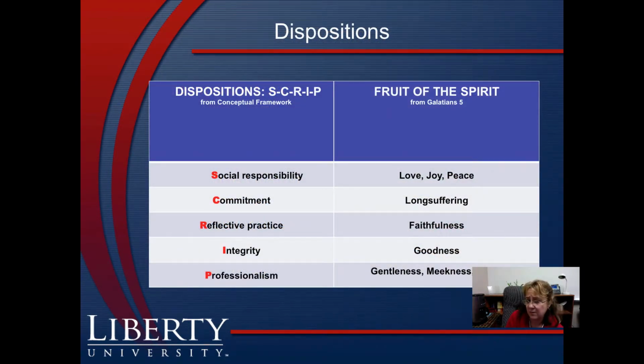The dispositions is one of the parts of the TCA, and basically that's how they interact and their behaviors. So of course it's the social responsibility. Do they display behaviors of a teacher that expects all students to learn in the classroom? Commitment. Are they there early in the morning? Do they stay late enough to be prepared for the next day? So their commitment level. Are they prepared? Do they get there on time? Are they prompt? Do they do all the things that are needed to make them a successful